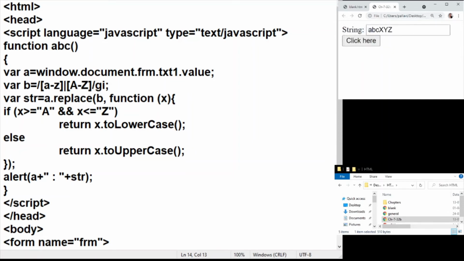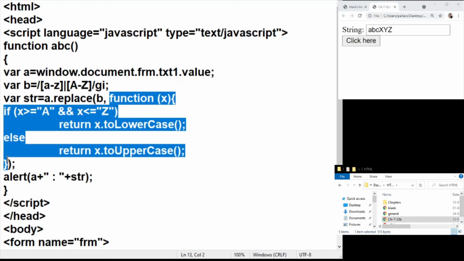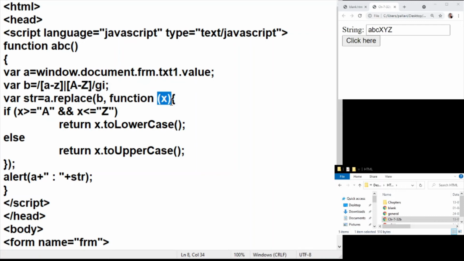The whole idea here is using the unnamed function, whereby x indicates the character where replacement is going to take place based on the search pattern here. I am replacing only the alphabets, whether uppercase or lowercase, and a global search is done, which means all the alphabet replacement I'm interested to do, with case insensitive.